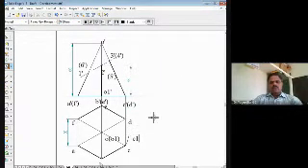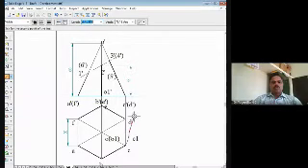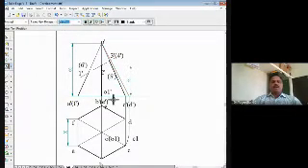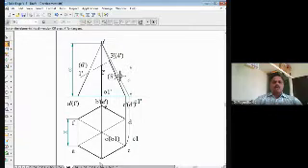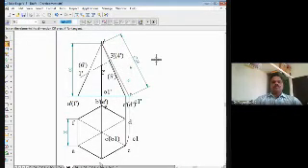So C1 should be projected to the front view now. Take the line tool, thin line, right? So C1, when you project to the front view, it becomes C1 dash. So C1 dash to O dash, I will join now. So that is the true length of the slant generator. This is how we are obtaining the true length of the slant generator here, C1 dash. So measure the true length of the slant generator here. Whatever the true length of the slant generator, we will measure that distance, right?